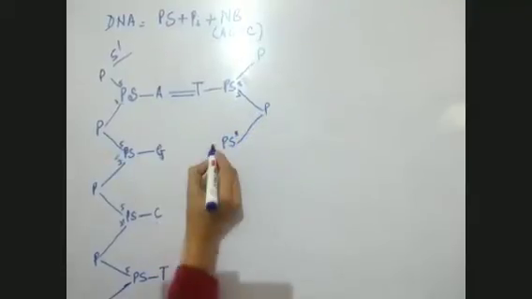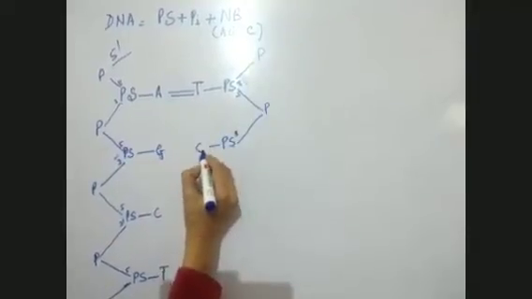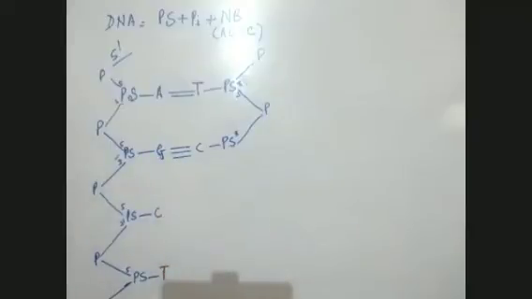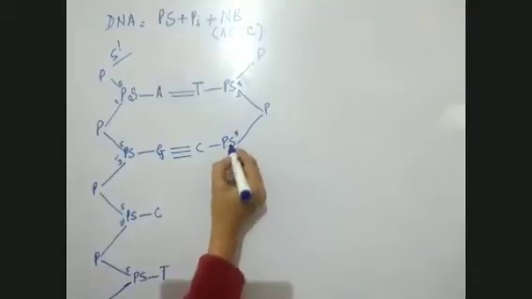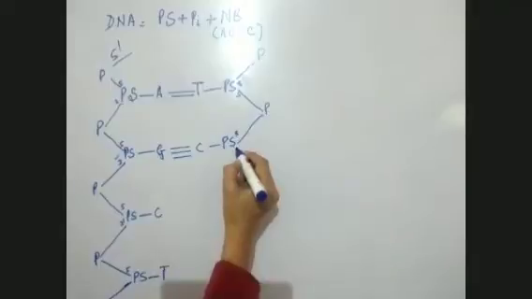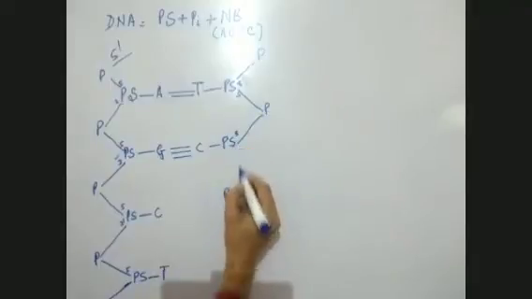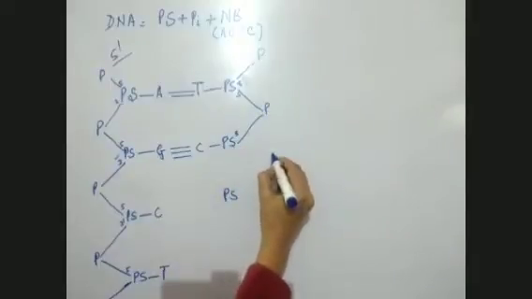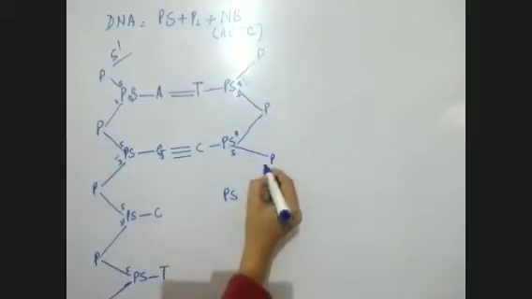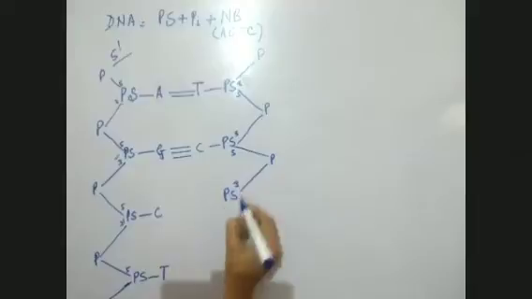Okay, now here the complementary base for the G is C. So it will be attached to C by a triple bond. Now, I think you are getting it. Now this, we will have another pentose sugar. Now this will be attached to another phosphate by fifth carbon, and to this by third carbon.